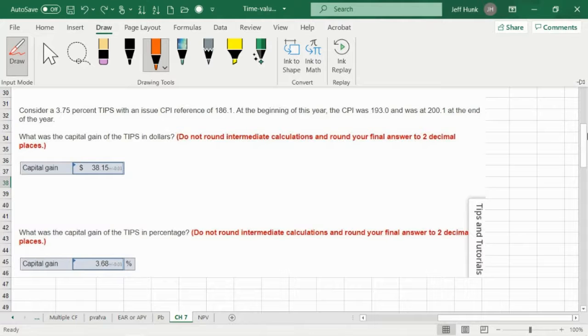CPI is a very broad measure of inflation. It's the consumer price index. There are 3 broad measures. CPI and PPI produce a price index. And think about it, CPI is a good and very broad measure of inflation. And there are 2 types of inflation. One is demand pull inflation. The other one is cost push inflation.